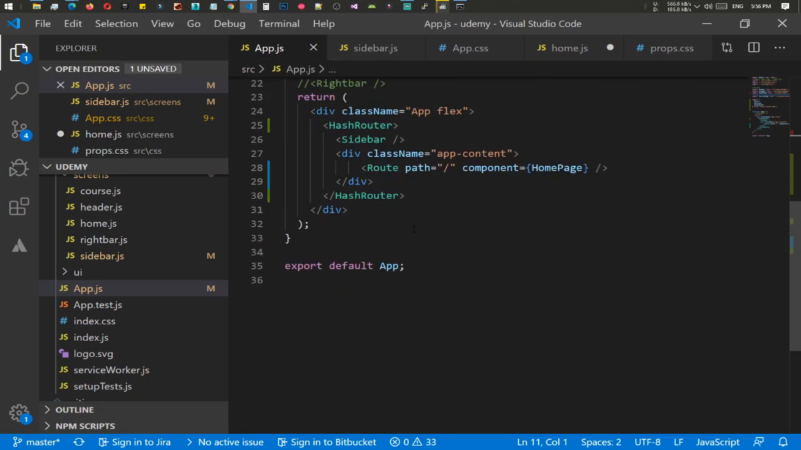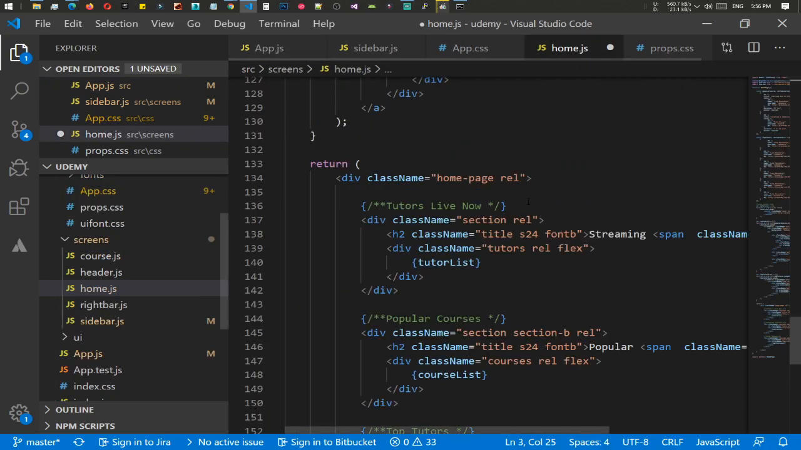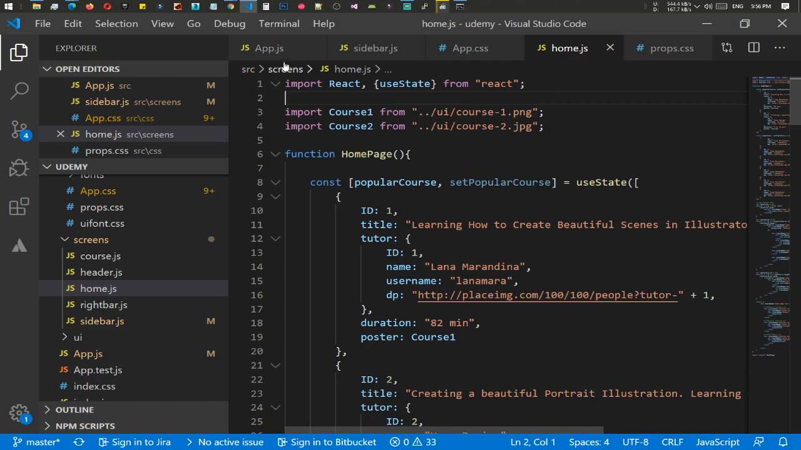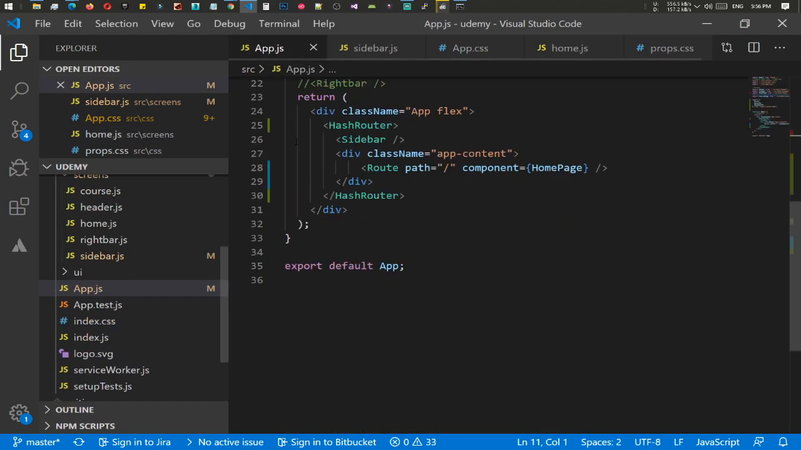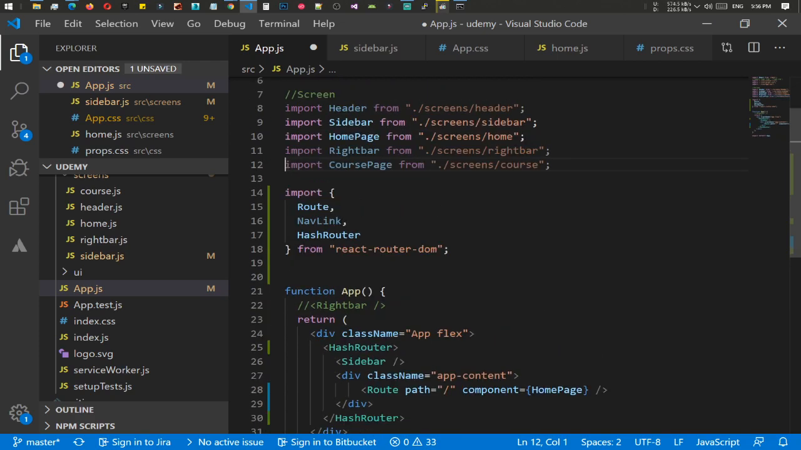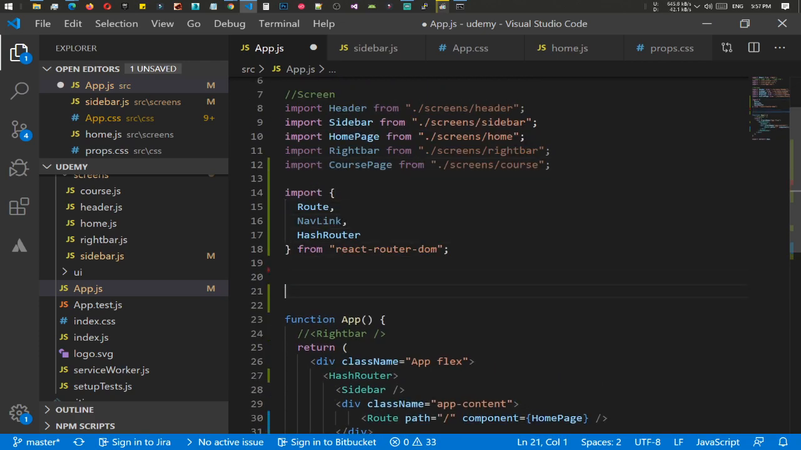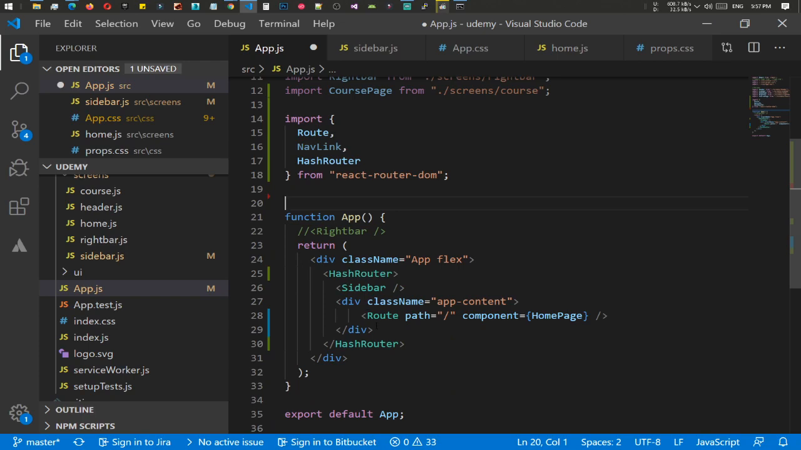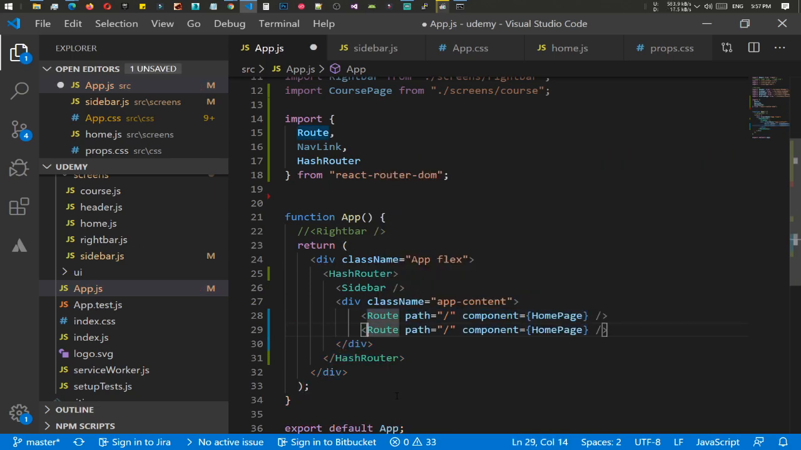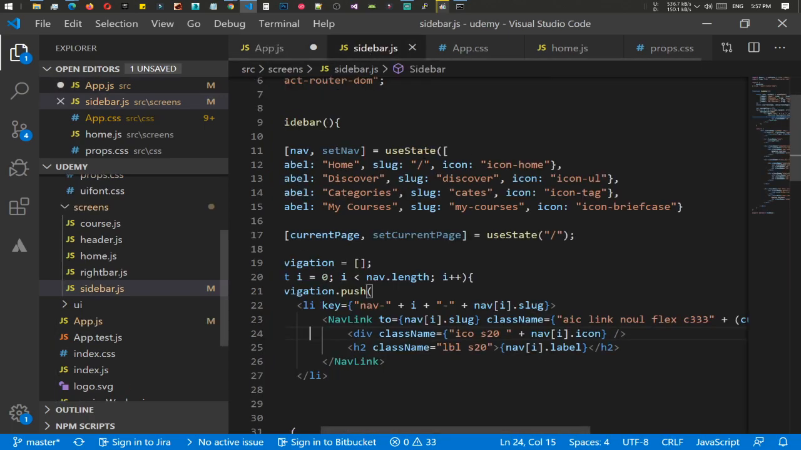What we should do, I guess, instead of just hard coding the right bar inside of our home, we should just keep the right bar, and let's quickly create a class or a component. And for now let's add one more route, or just duplicate it. And next we have